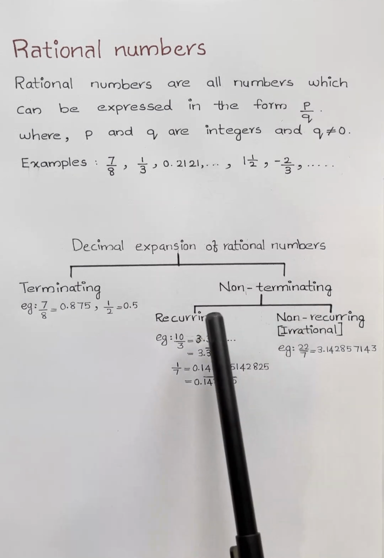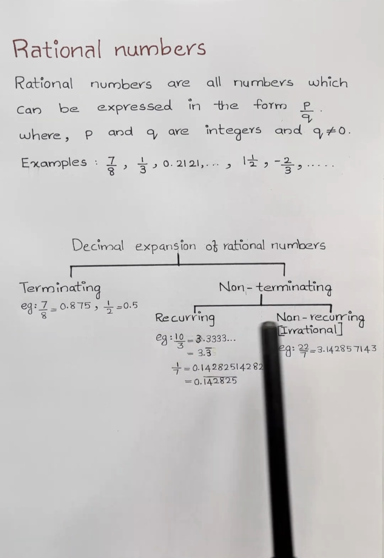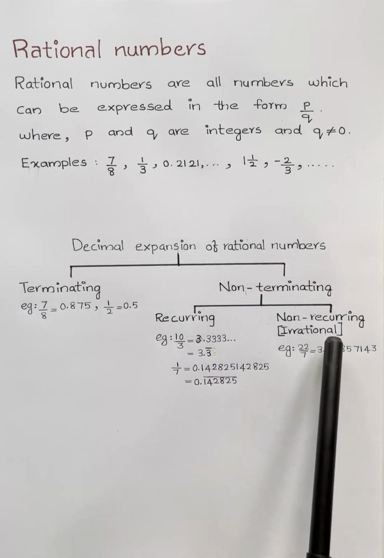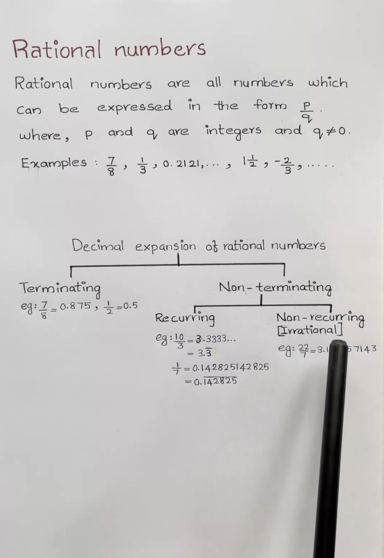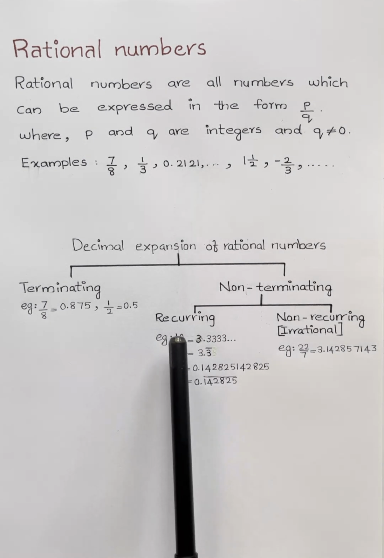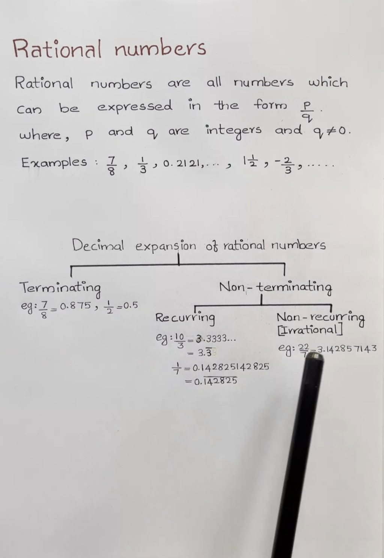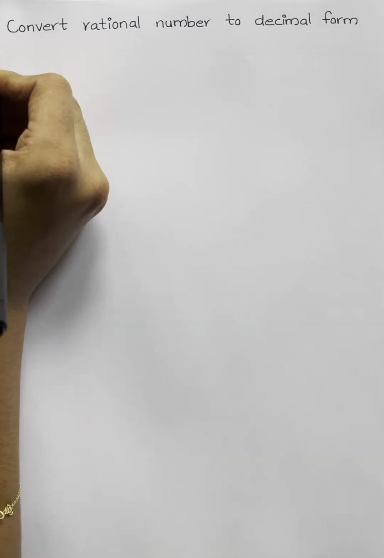Non-terminating rational number is again divided into two: recurring non-terminating rational number and non-recurring non-terminating rational number, otherwise called irrational numbers. The decimal expansion of a recurring non-terminating rational number has repeating digits. For example, 10 by 3 equals 3.333, etc. The decimal expansion of a non-recurring non-terminating rational number has no repeating digits. Now we have to convert a rational number to decimal form. The first example is